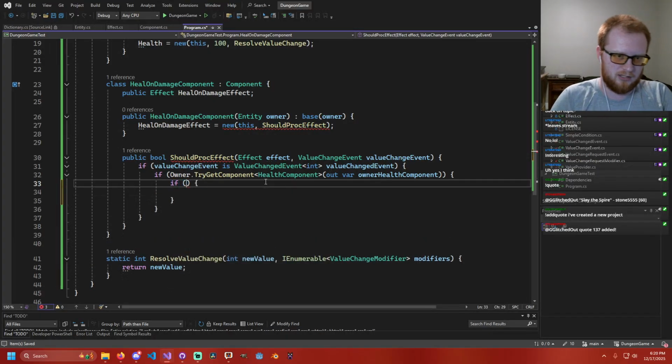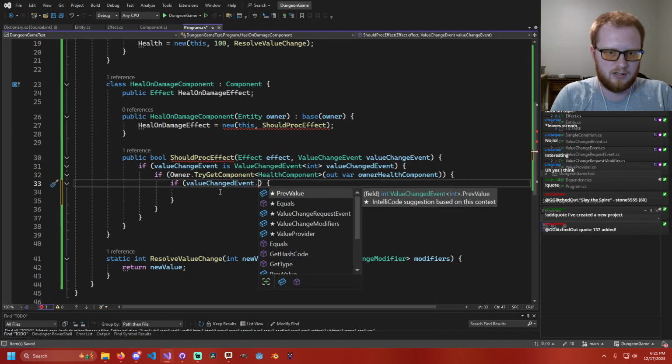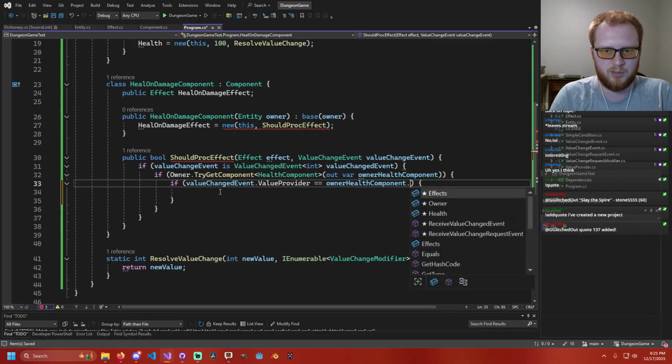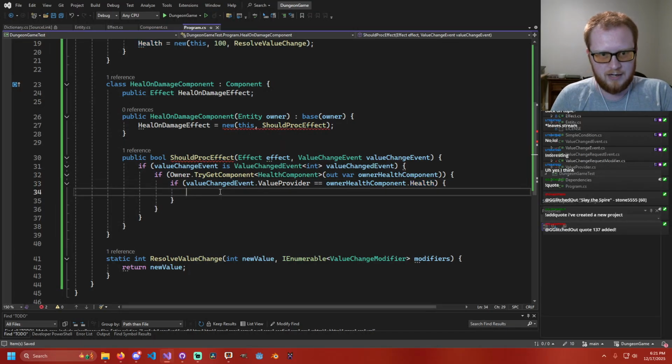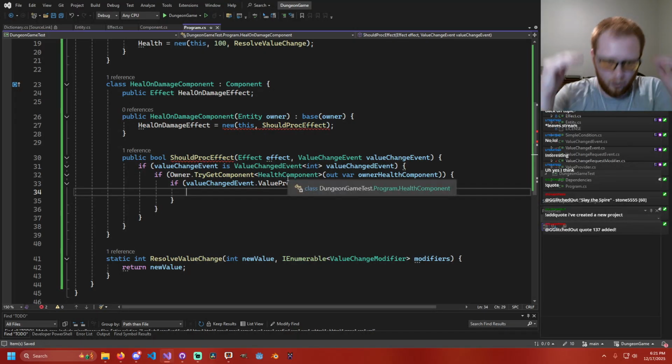And then we need to test, and I'll de-nest all of these in a bit, but I just want to make sure that my logic here is right. So now I want to check to see if the value changed event dot value provider is the exact same thing as the owner health component health. In other words, are we changing an integer value? Does the current owner have a health component? Is the value that was just changed equal to the value in this health component? And if all of that is true,